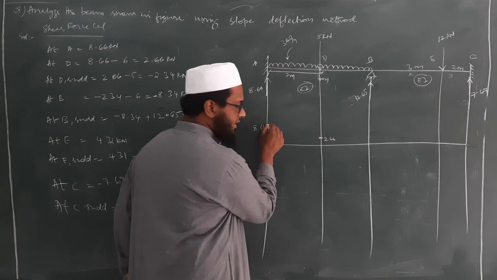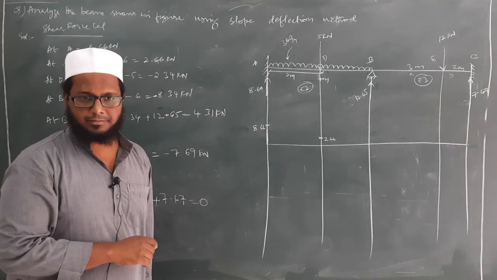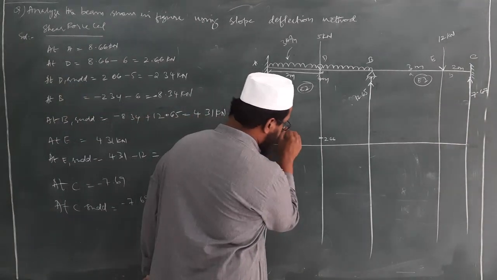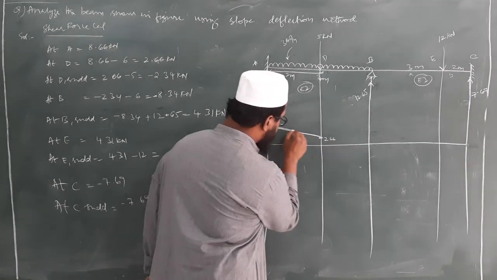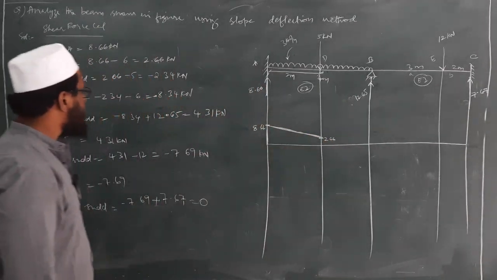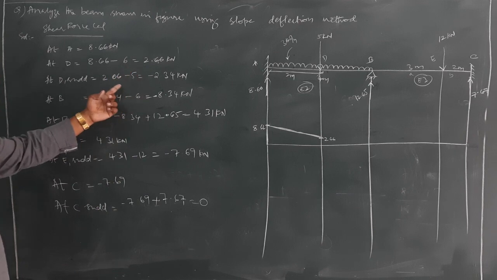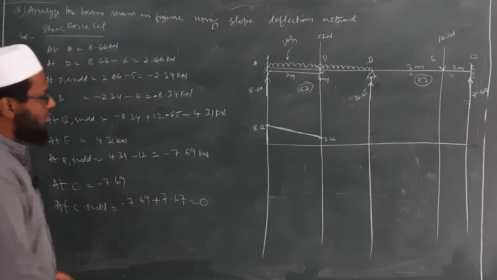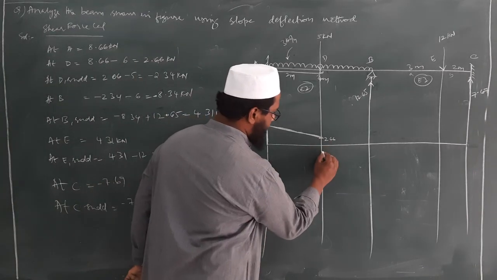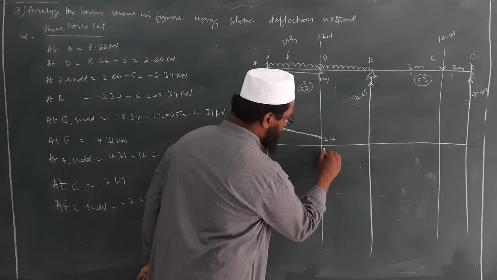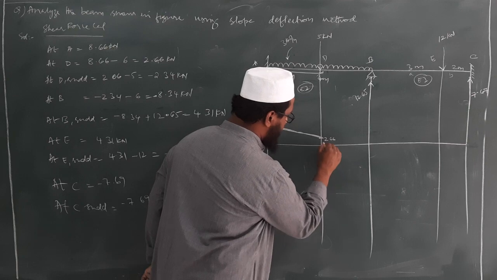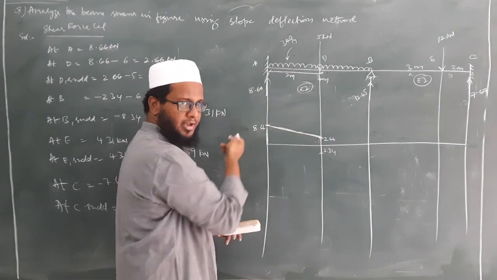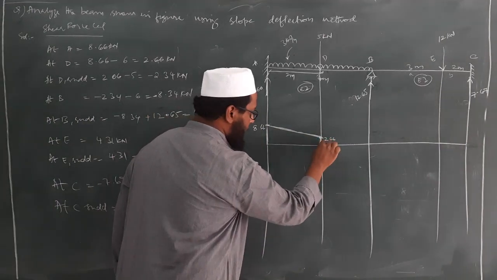2.66. So whether it is a parabola or an inclined line? Inclined line. Why? Because we are calculating shear force. So this is an inclined line. Next we have 2.64. Then at D suddenly what happens? It came down to 2.34. Suddenly it is 2.34. Okay. Take a scale, take this one and join it. Okay. So this is 2.34.